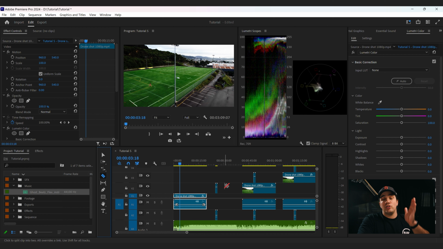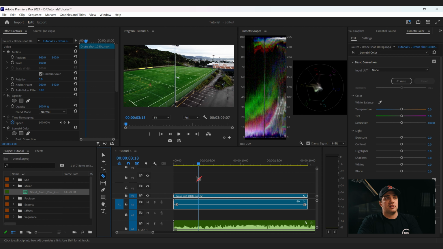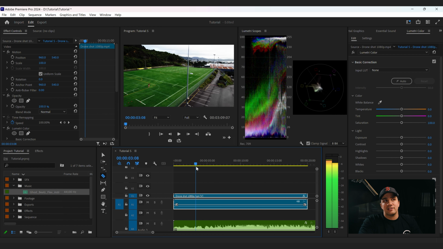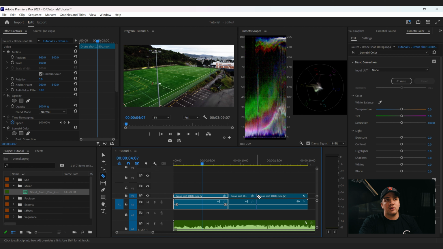Go down here to the razor tool. This is what you use to cut clips, just on a very basic level. So if I lined it up here, notice it's the same thing with the snapping. It snaps to where your playhead is, so it's good to line stuff up with your playhead and then cut with that, or you can just go and cut clips wherever you want. Remember to push V to go to selection tool again, and now you have the drone shot cut up